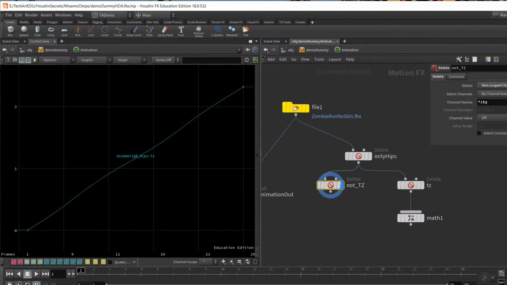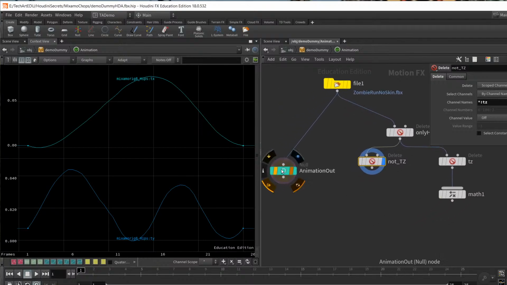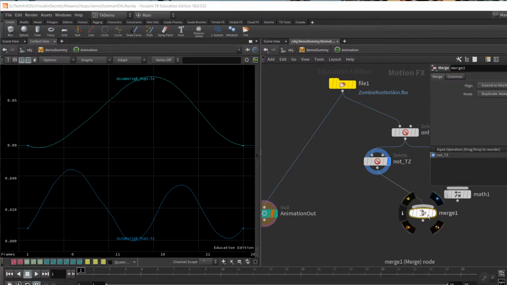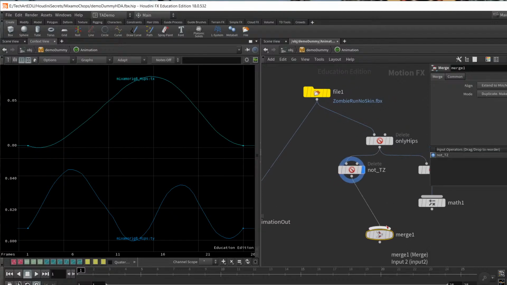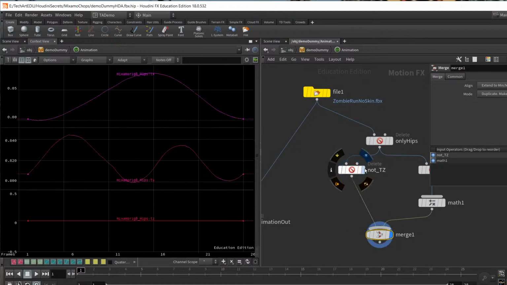Not TZ, nope, we have to change this to scope channels. And there we have the TX and the TY. So I'm going to merge these together so that there are 3 channels again. Okay, so we have now just 3 channels, TX, TY, TZ, and notice that the TZ channel has now been